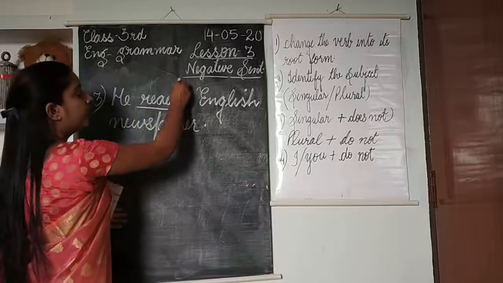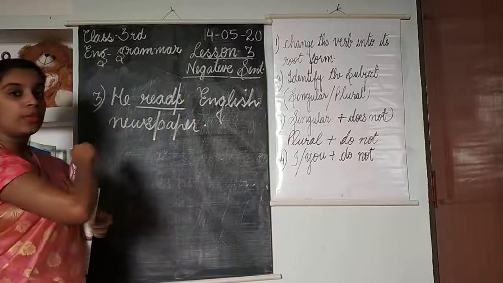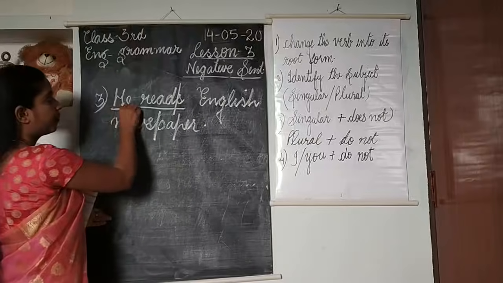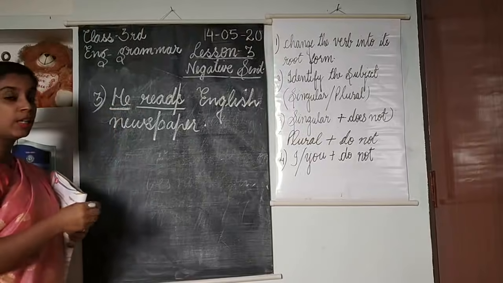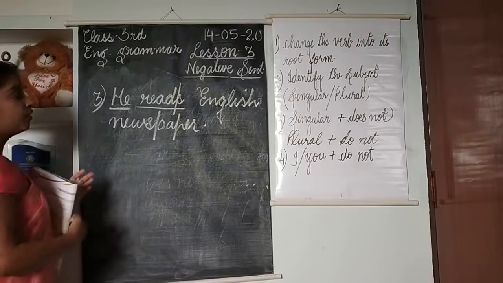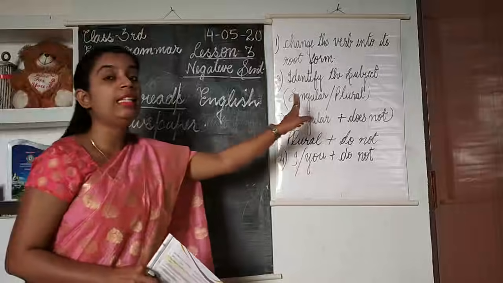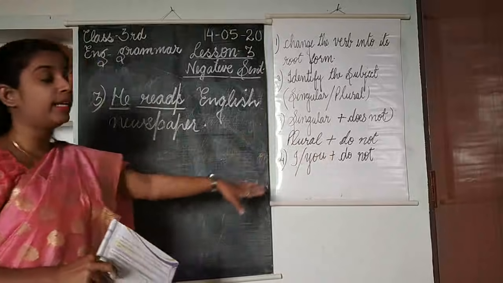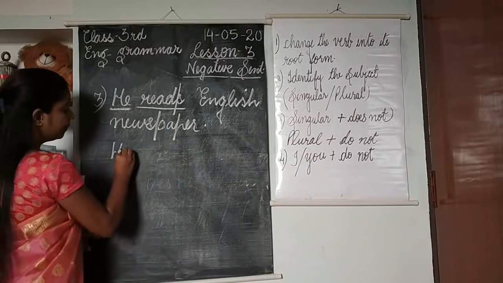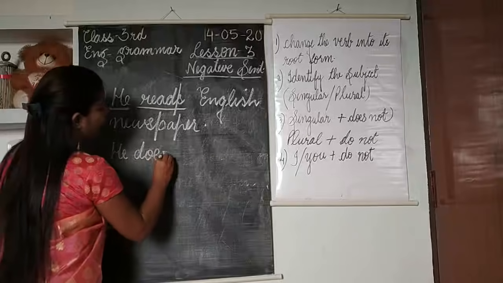We are going to remove this S, and then we will identify the subject. What is the subject here? He. He is the subject, which is singular. So what will be the negative of this sentence? If the subject is singular, we will add does not after the subject to make it negative. So what will be the negative of this sentence? He does not